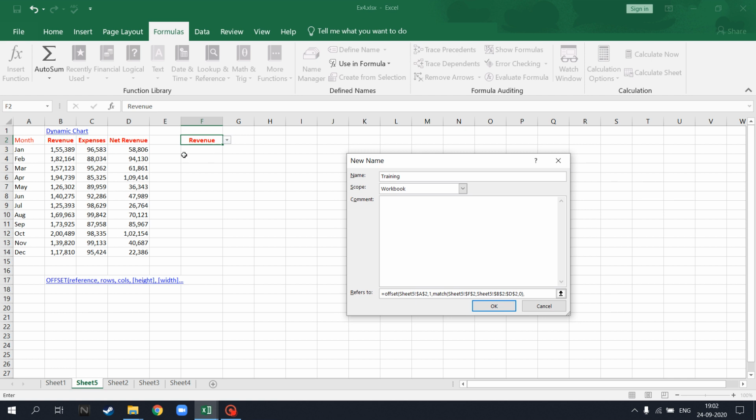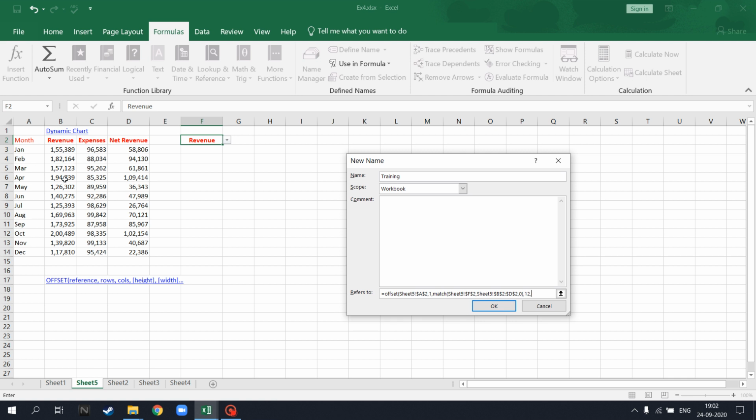What we're trying to do over here is that if revenue is in this column, say, then height, so for example, when we have selected revenue, height would be these. So these are 12, so we will write 12 over here.